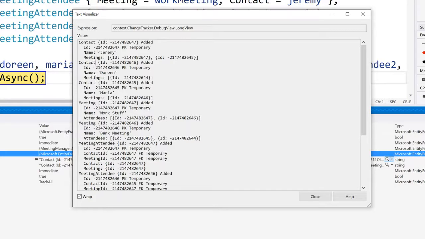We've got multiple entities. They have this weird negative ID. This is because we're waiting for the database to assign the ID for us. SQLite and SQL Server have mechanisms for generating next up IDs. So we haven't really done anything with the database yet. So they have these just temporary values. And you can see everything is in pretty much an added state. So let's zoom out,